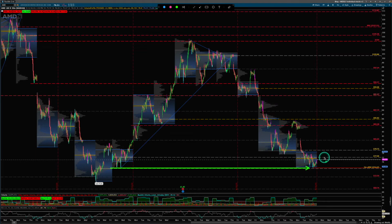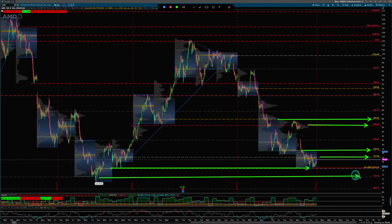If we can hold that, we got to reclaim the 77.06 level. Definitely get above 78.73. If you can see, we struggled a little bit to get back over that. 81.03 light level. Then we can push back up to 84.48, another light level, and then you got resistance at 85.92. Downside 72.54, and then